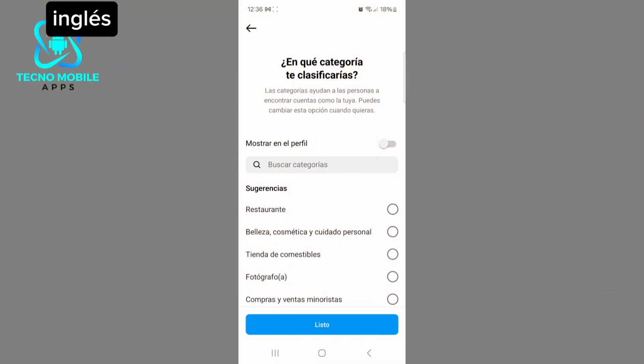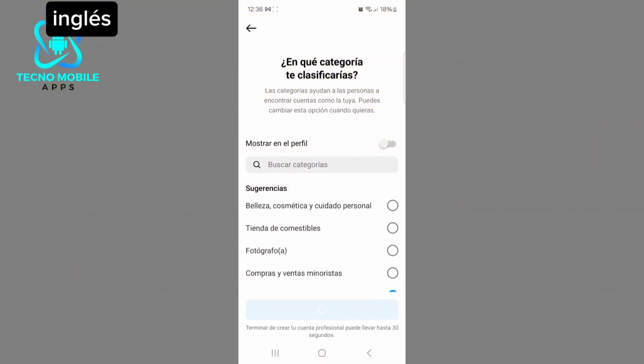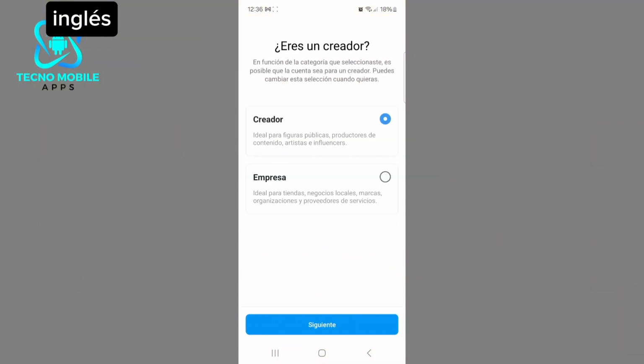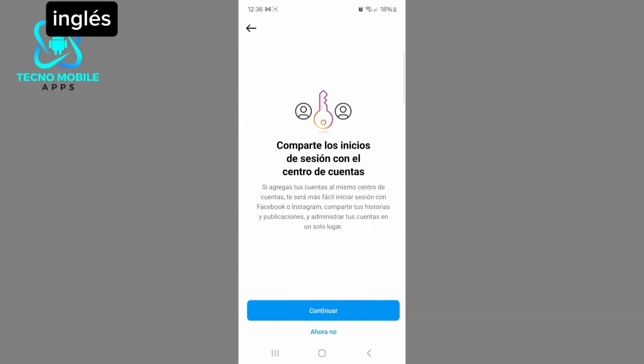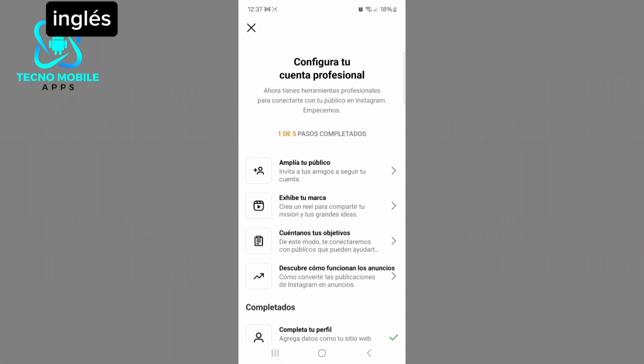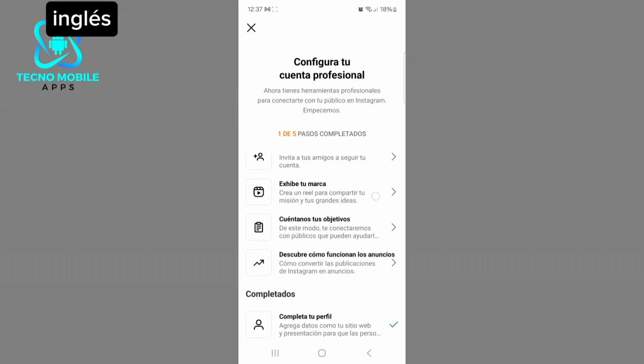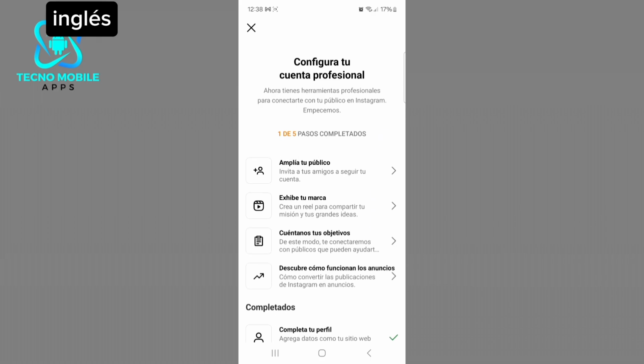There we put video creator. It's loading. There we click on creator because we are going to have a professional creator account. Here we get this notice. We click on continue. Here we click on not now. Then these options appear that we can skip or look at, but I skip them because it's not necessary to